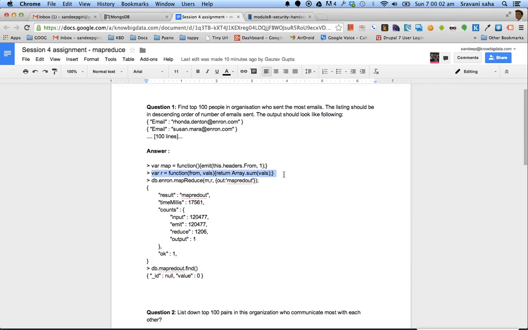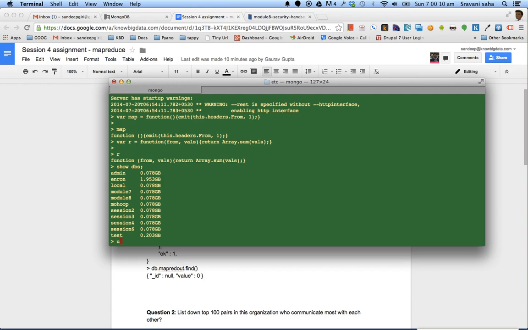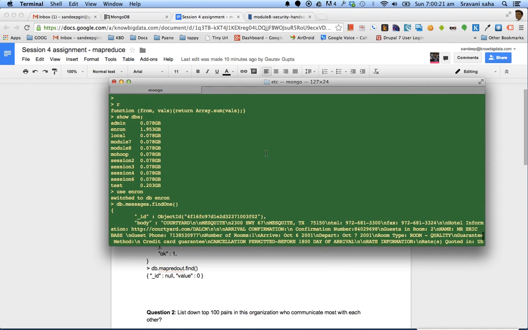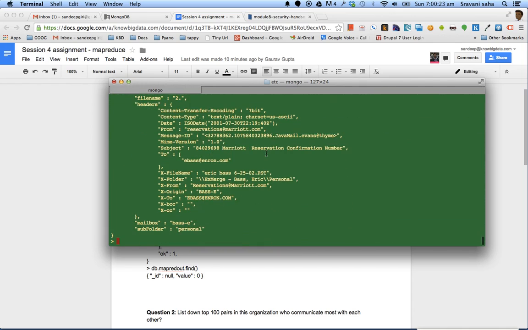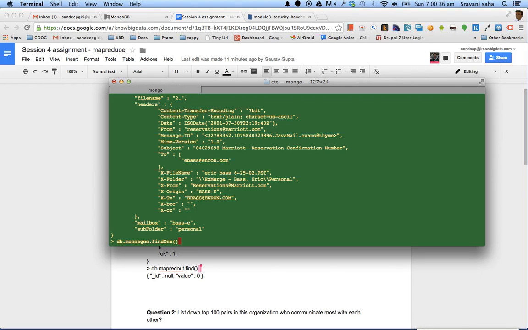No, it should work. So I have show DBs and I say use and run. I have db.messages. That's okay, I'll figure it out. So headers has got from. Okay, so that is fine. So when I say db.messages and then say map reduce,